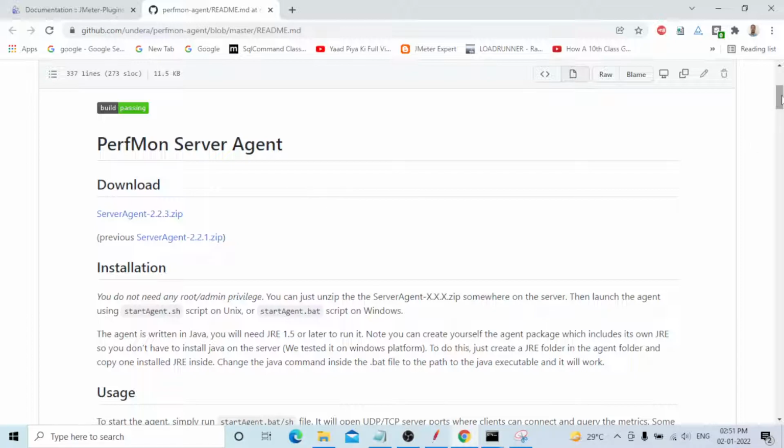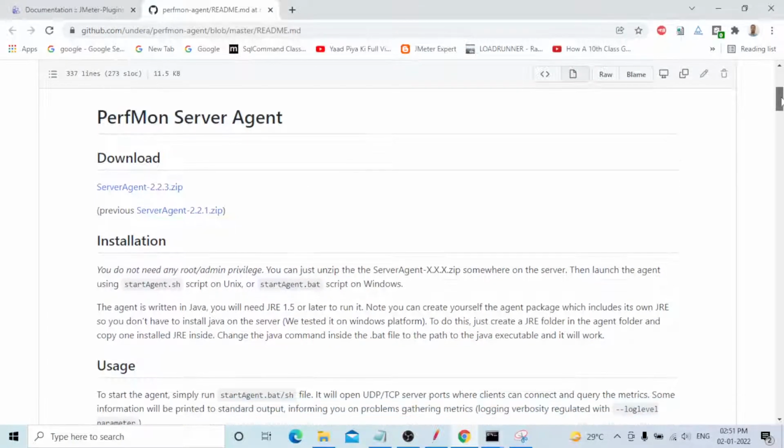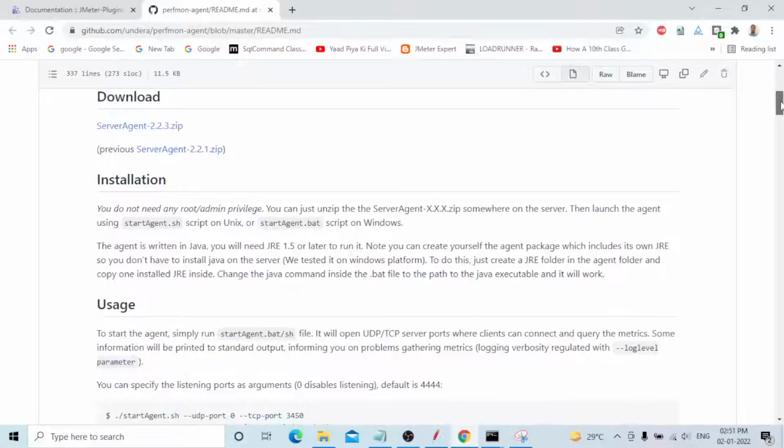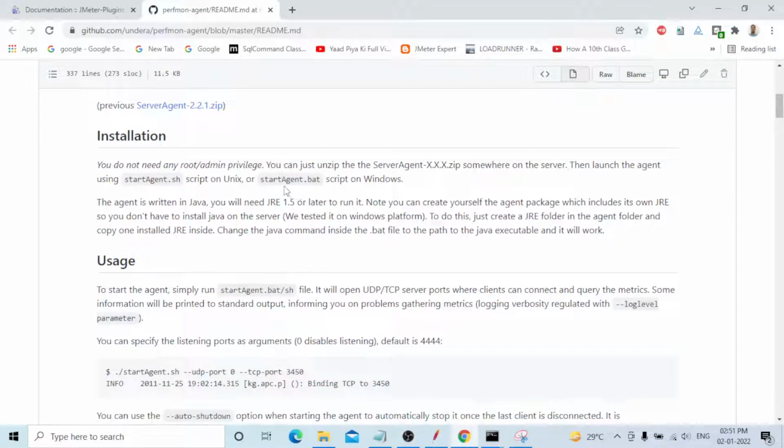You need to read it. Only then will you understand what it is and how to use everything. On Windows computers, startAgent.bat; on Linux computers, startAgent.sh. Guys, since this is a video, I will explain only the important points. You just need to read it one time. This is also useful.